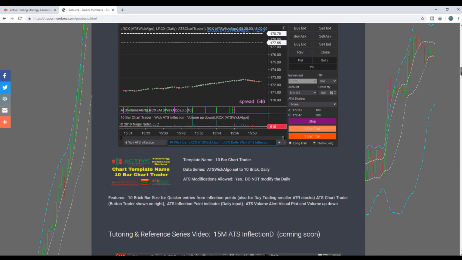And that's all that's on the chart. It's got the actual volume bars at the bottom, up and down colors, red for down bars, blue for up bars, and then we give you our alert right on top of that. That's all that's on that chart, along with the bar chart trader, ATS chart trader. Next video,